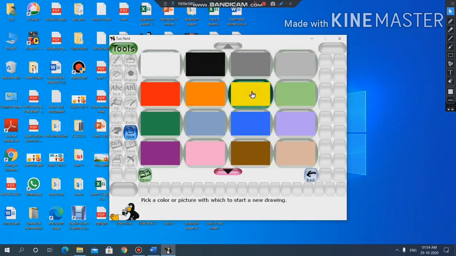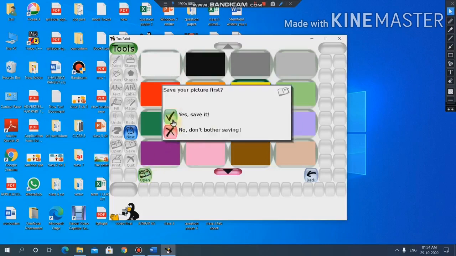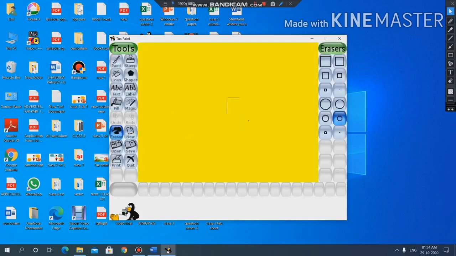After clicking on this, I will select this open button. Now it is done. So now you can see the yellow background. The use of the new button is to create a new background or to create a new picture.